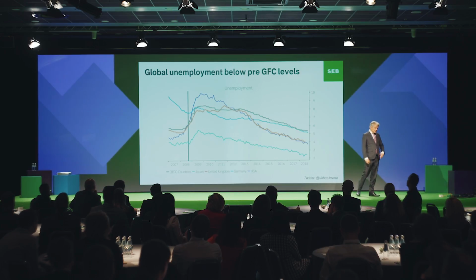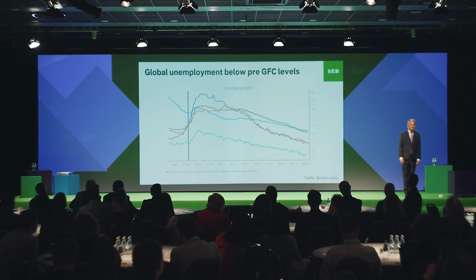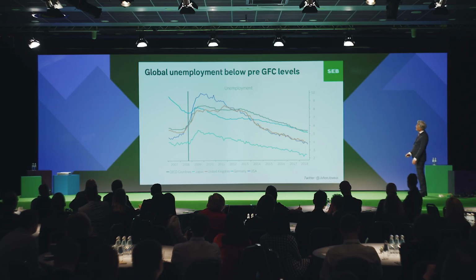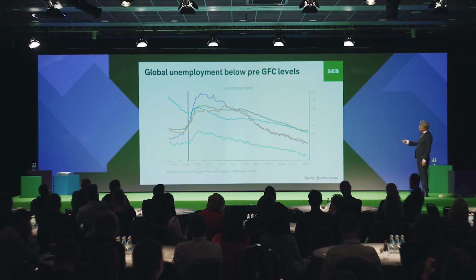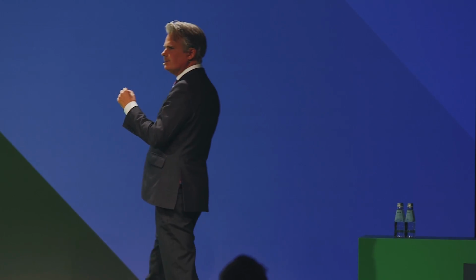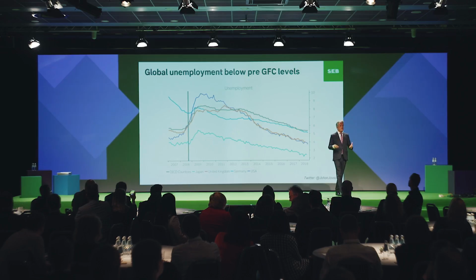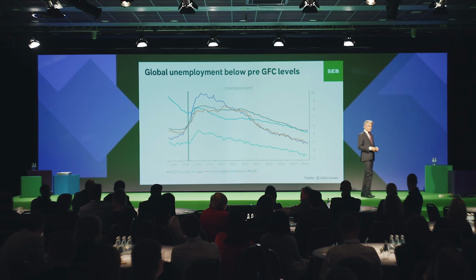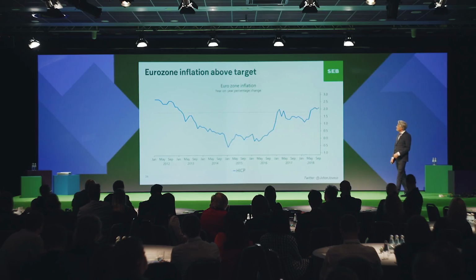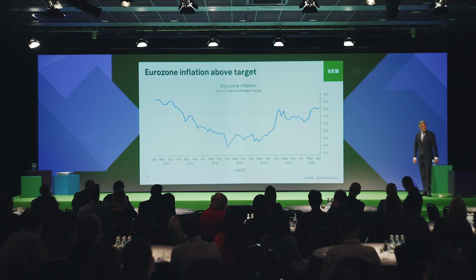The labor market is tight in Latvia, but it's tight in many countries these days. If you look at unemployment levels in some big economic regions, you can see that all of them are now actually lower than they were before the financial crisis. So labor markets are extremely tight. And the normal thing that happens when you have tight labor markets is that wages tend to increase and you get some inflation. And if you look at inflation in Europe, you can see that it's now actually a little bit above where the ECB wants it.